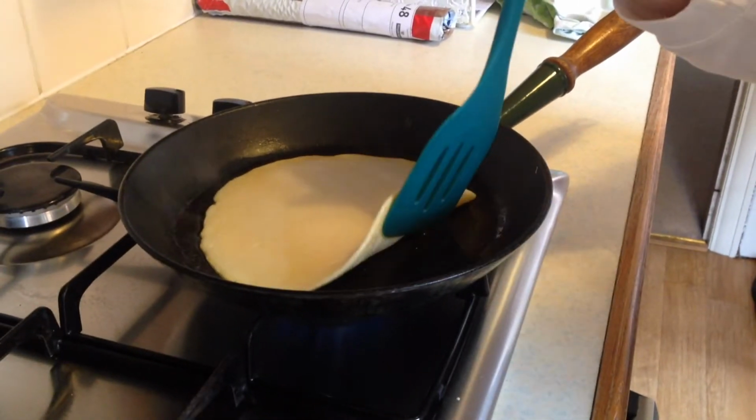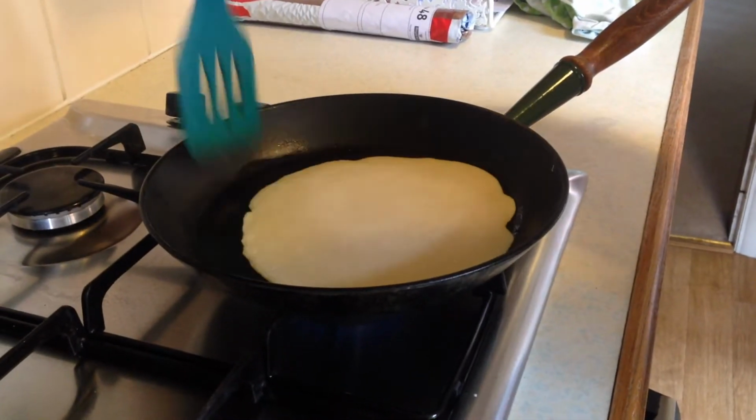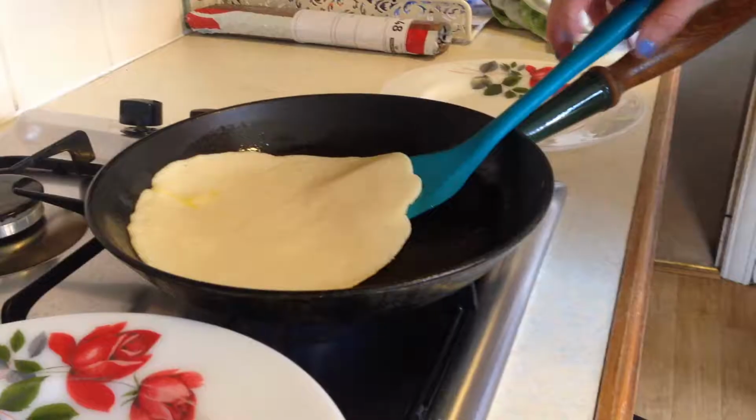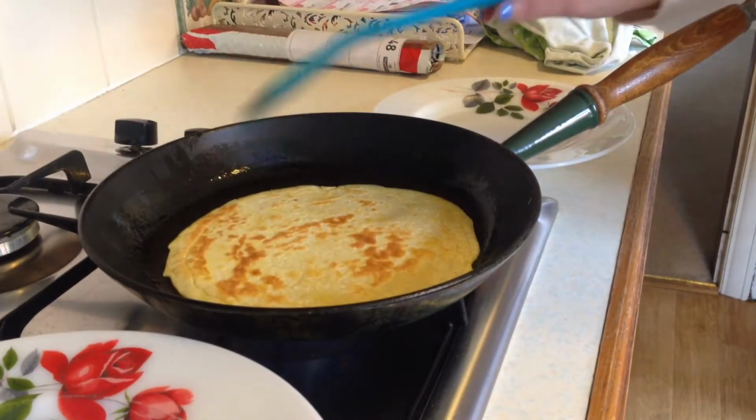Now I'm just lifting up the edges of the side just so that they don't stick to the edge, and I just like to do that to kind of assess the situation and see if it's burning or anything like that. And then I like to just flip it over onto the other side and look, it looks all nice